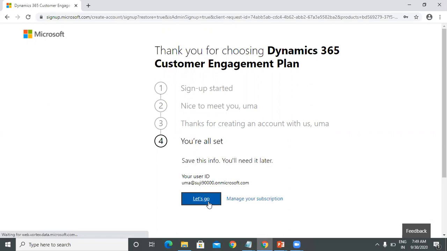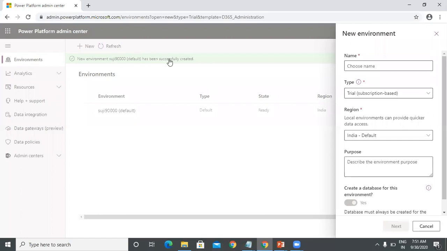When you click on Let's go, it will take you to admin.powerplatform.com. Here you need to mention the environment name. I'm saying Sierra Dev.